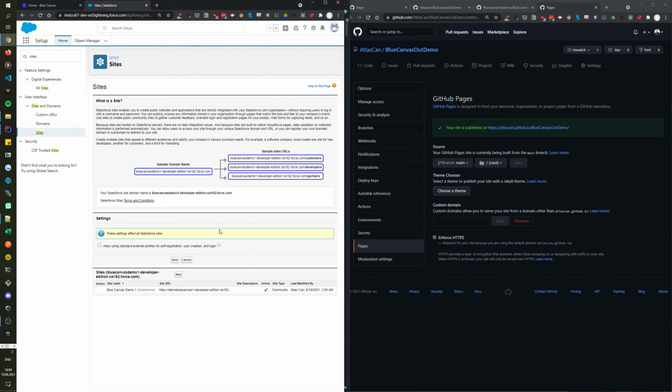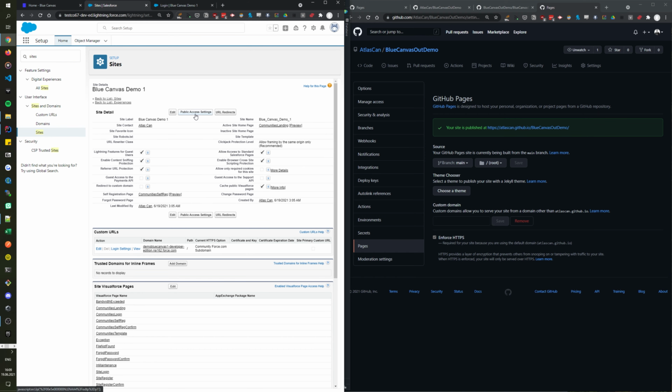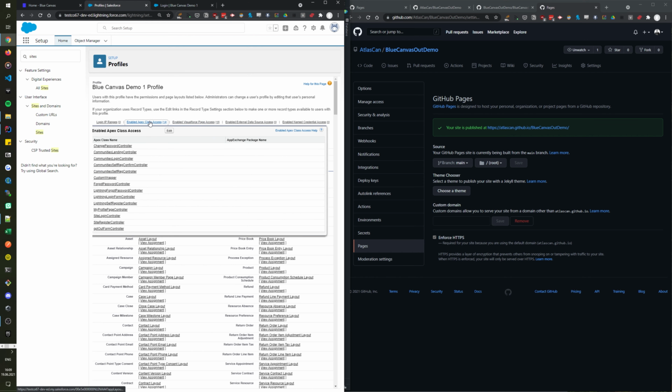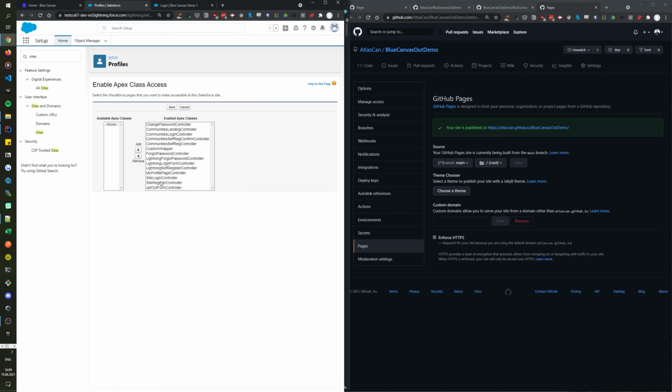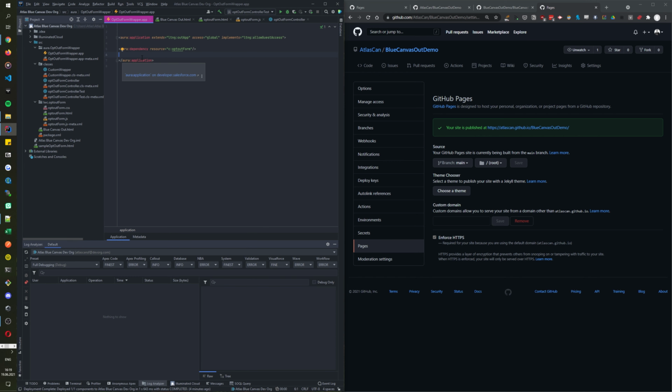Every community or digital experience needs to have a website, and this is our URL. Again, it's the login page. You go to public access settings, and you enable the Apex class access to the ones that we just created, like the up.form controller. You can also enable these, but make sure you got the security settings right. So after we make sure to allow guest user access from the Aura dependency app, and don't forget it like I did,